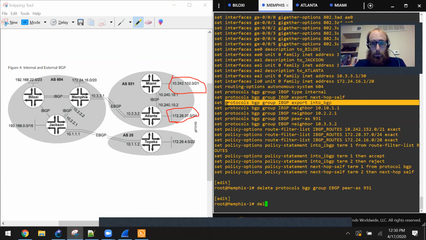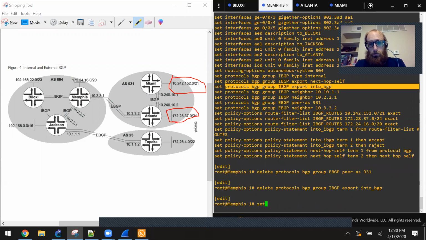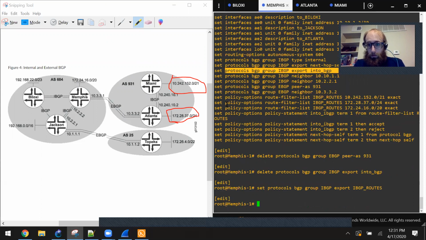Okay, so I'm trying to really have it make good intuitive sense, so I'm being really careful about how I name everything. And there we go, that looks good. So now it's time to set up a route filter list for EBGP routes, which of course, if we're exporting it out to the EBGP group, it's going to be these. So we're going to have this route be exported both into EBGP and into